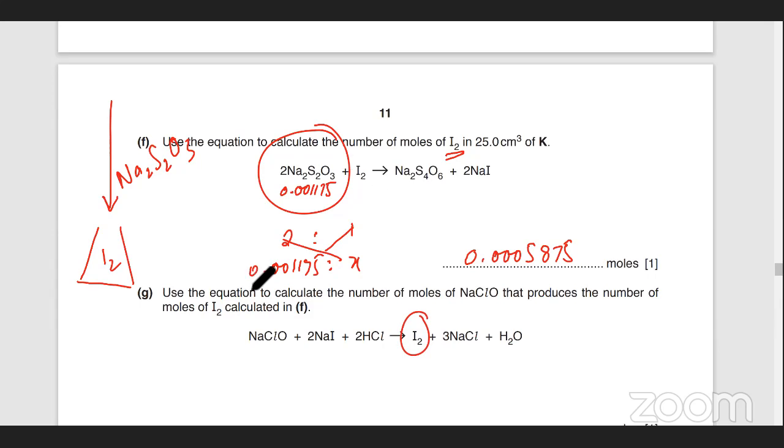कहानी शुरू की है। He's saying use the equation to calculate the number of moles of NaClO। अब इक्वेशन नीचे वाली, अब इन तीनों का रिएक्शन हुआ था जो हमने शुरू में किया था, उसने अब एक is given us a fully balanced equation of,